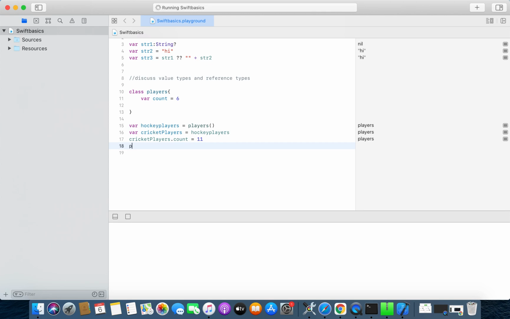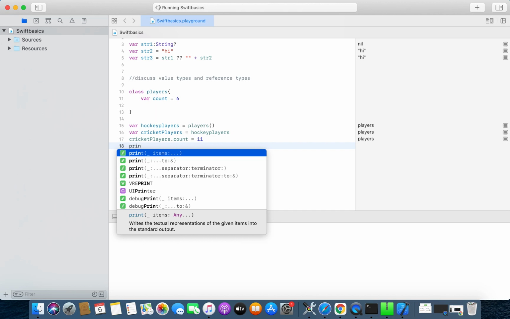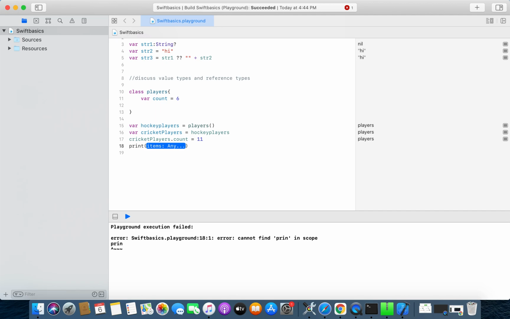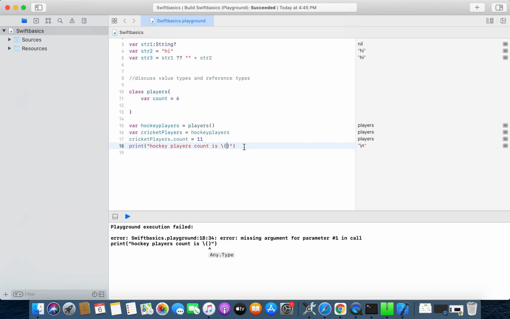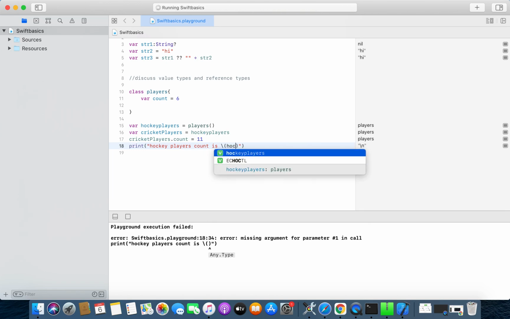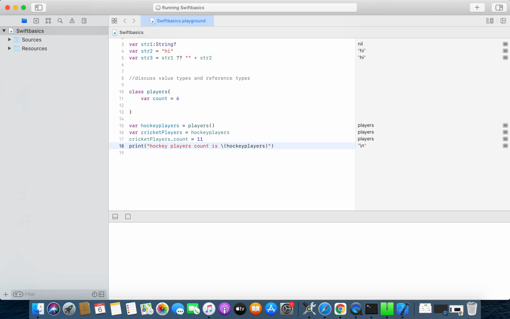What I am going to write is print, and just use this slash and a bracket to print the value of hockey player dot count.